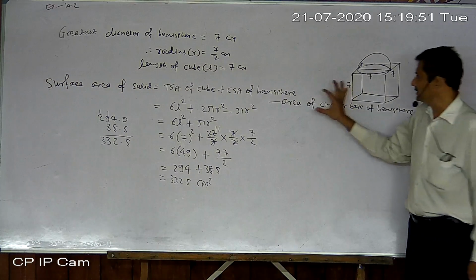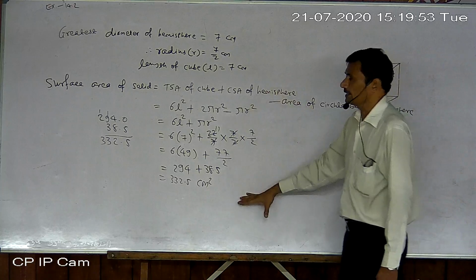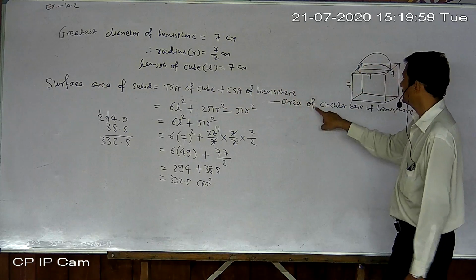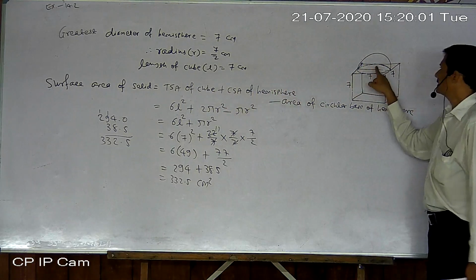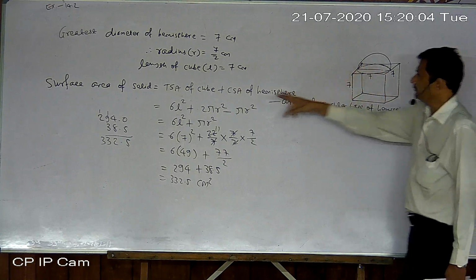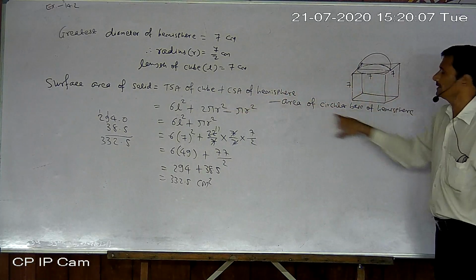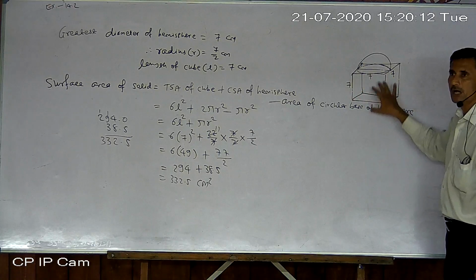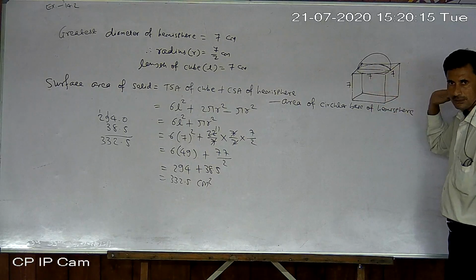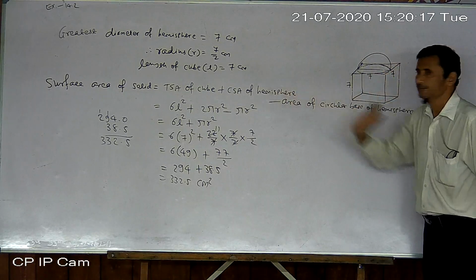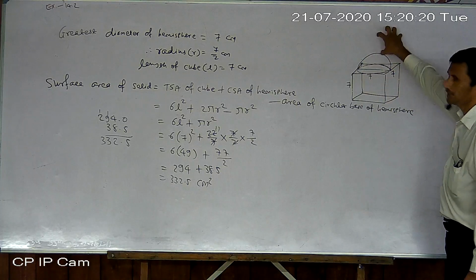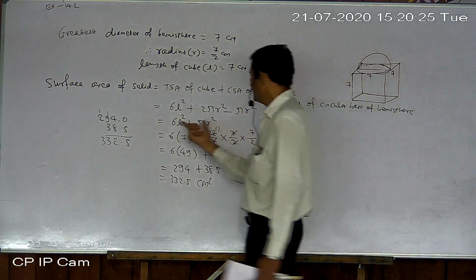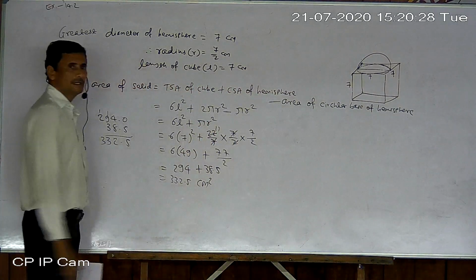Okay. You understand the first 2 steps here. Then nothing else is there, only these steps. Why TS of cube plus TS of hemisphere minus area of circle? Because that part is covered up. After adding both, we have to remove that part. That's why it is subtracted. And why is TS of cube taken? Because all the area is visible except this circular covered part. And for the hemisphere, its curved surface area is visible. But this covered part we have to remove. That's why it is subtracted. Then I did nothing else, only put in the values, added and simplified.